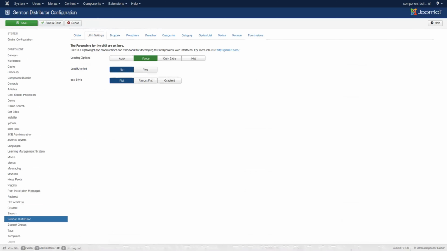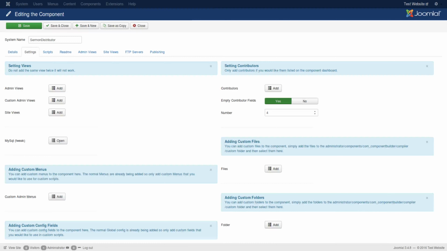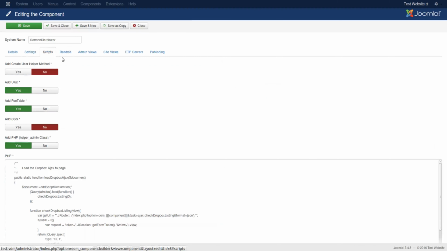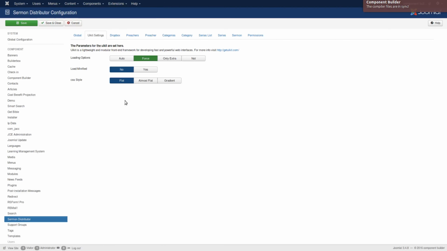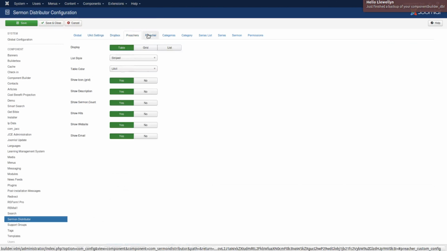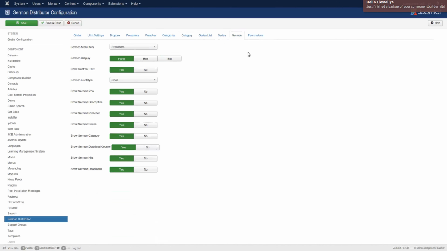And if you have in the component, you can actually set that it includes UIKit. You can set that to yes. If you do that, it automatically adds this feature to your component, and everywhere where UIKit is used. Okay, so everything else, this Dropbox, preacher, categories, category, series list, and series and sermons is all done through